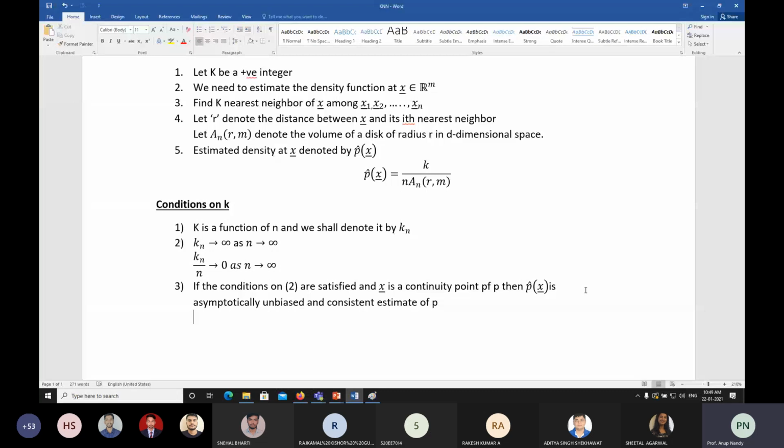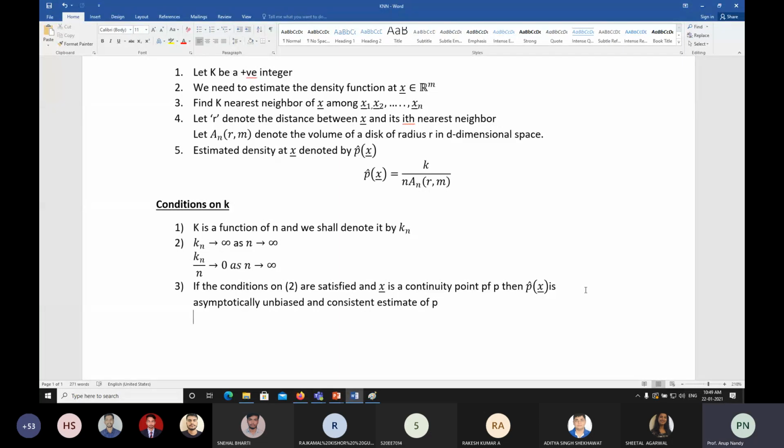Okay, x bar is equal to mu. That we have already seen. On this, if the variance is given, then how do you estimate the mean? And if the mu and variance are not given, then how do you estimate mean and variance? That we have already seen, from the maximum likelihood estimate. So it is called asymptotically unbiased. So if these conditions are satisfied, then you could see this thing. So now, after computing these estimated density functions, then you can apply the Bayes decision rule.